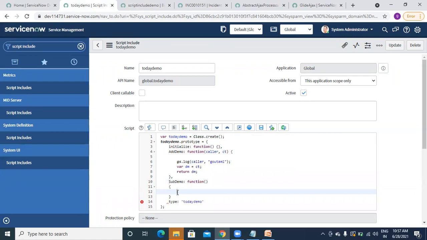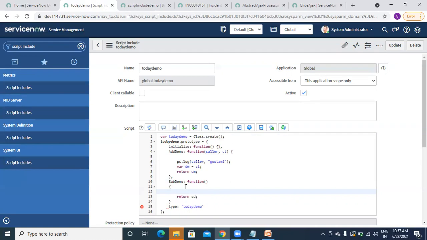So I will return something here, return something like hd comma.